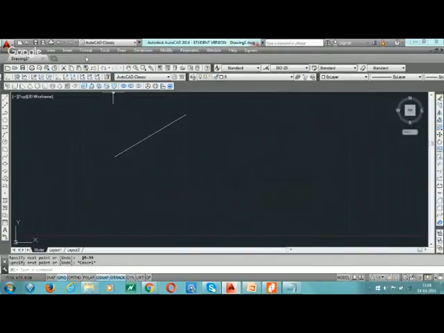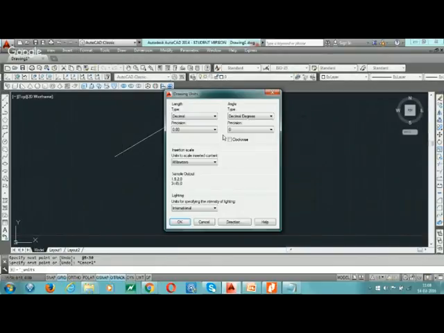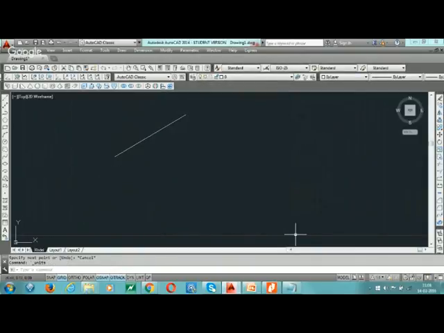Here we go to the Format command, to use the clockwise direction. Go to Units, click clockwise. Again L command. With the help of OSNAP we choose the endpoint. Use the same command, shift @, length is 5, less than sign, the angle is 30.